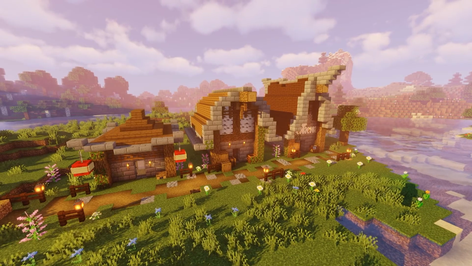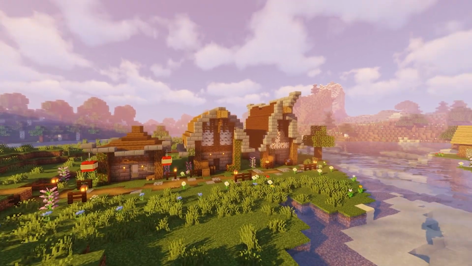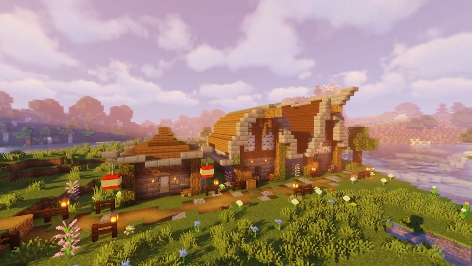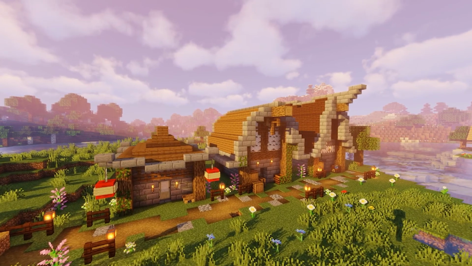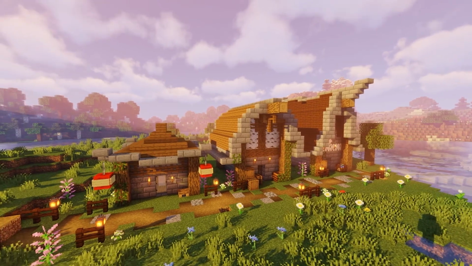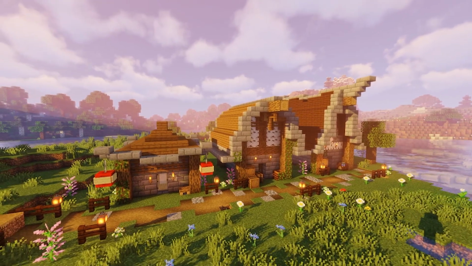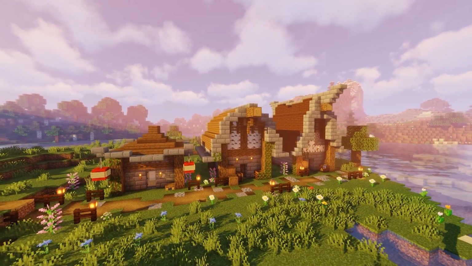Hello everybody, welcome back. So today is a tutorial. We're going to talk about roofs. Now a lot of people, the only issue is that they lack confidence, and I'm here to tell you that really it's not that hard. There's just like a couple concepts to grasp, and then once you get that, you can basically freestyle whatever roof